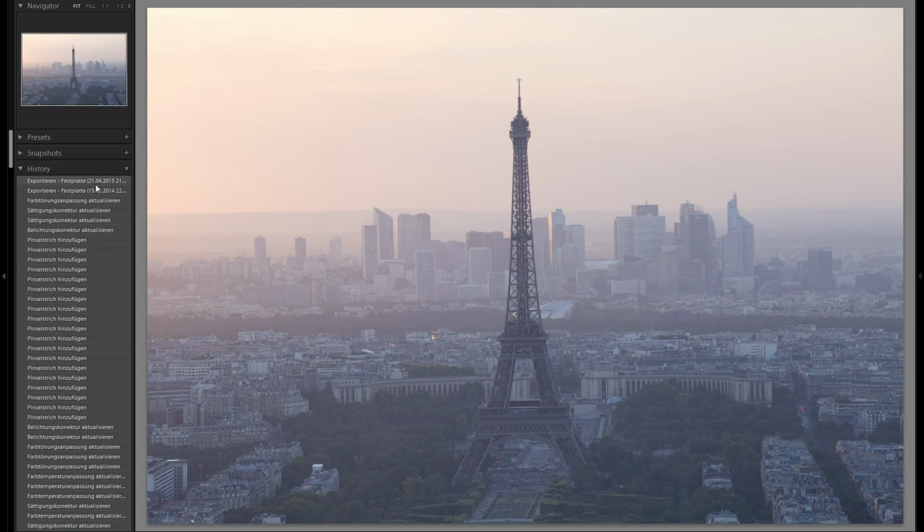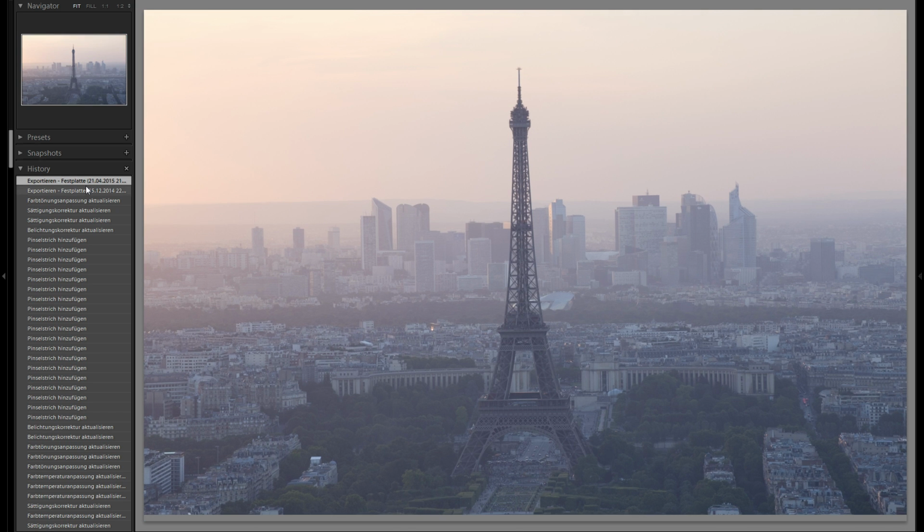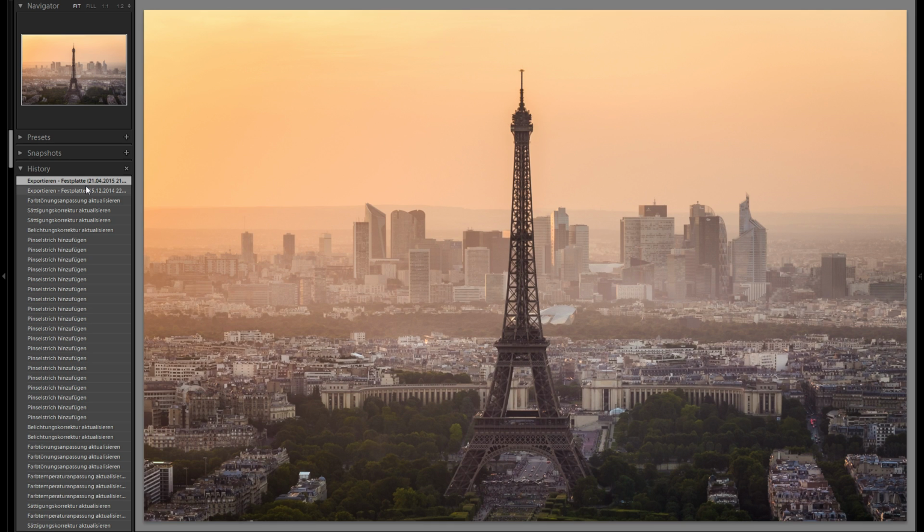Anyways, let's see here. So this is the RAW file, and this is what I've turned this into once Lightroom loads, of course. And I definitely like the picture so much more than before. It really changed from kind of like an okay shot to a really cool picture that I personally would hang